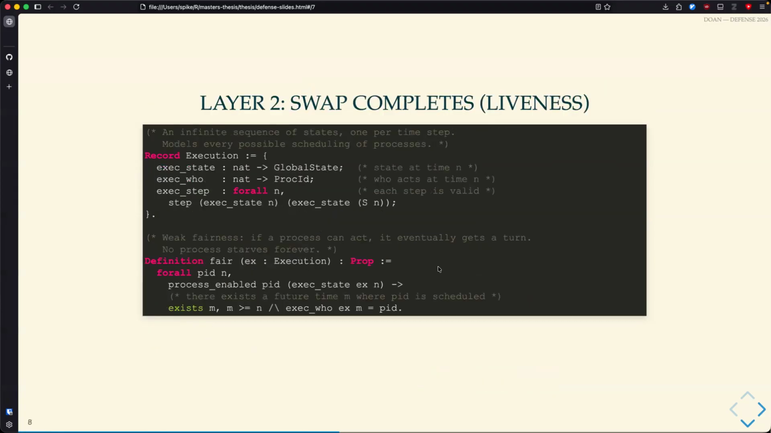Swap completeness, or the swap always completes, which is a statement about liveness. An infinite sequence of states, one per time step, models every possible scheduling of processes. So the execution record is inductively defining all possible states that the wirehead system can go through. So it could be that, say, like